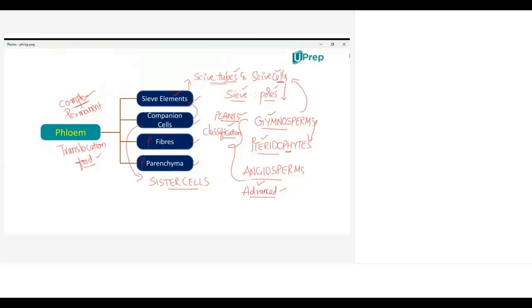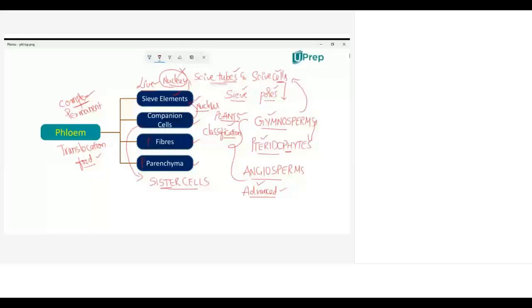When you say sibling or sister or brother, what that indicates is they are the supporting people, isn't it? So here, the companion cells act as supporting cells to the sieve elements. How? Let us see. Sieve elements are live cells. Live cells means they perform specific functions and have cytoplasm, nucleus,